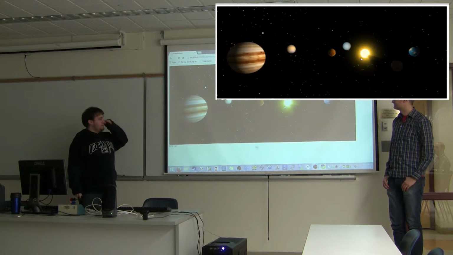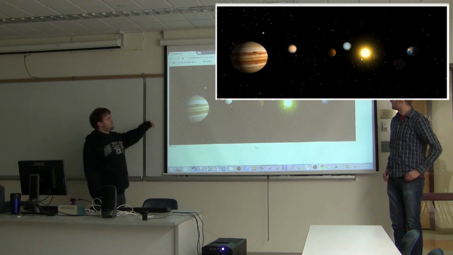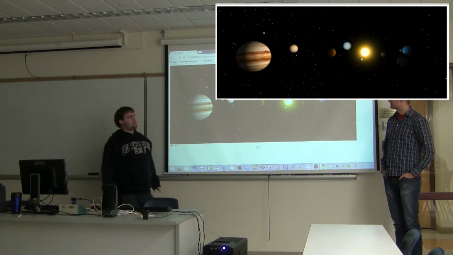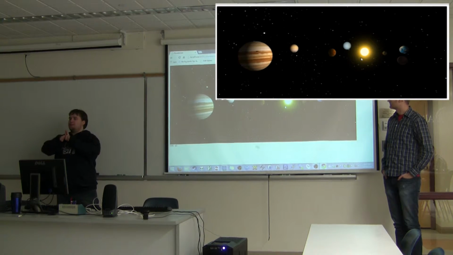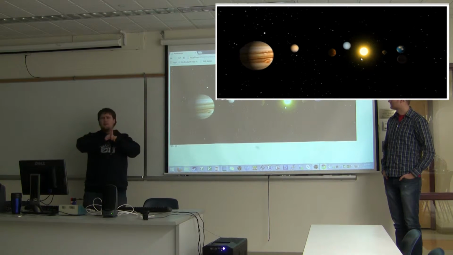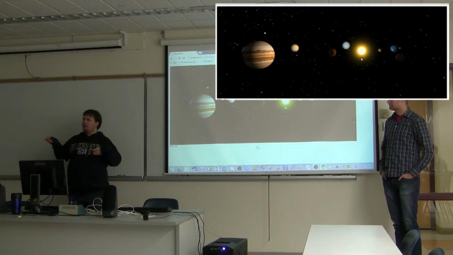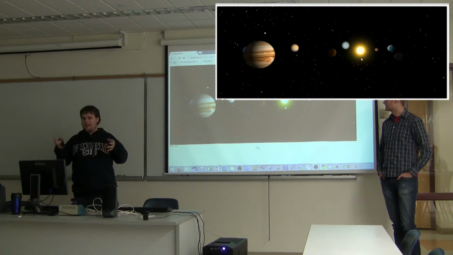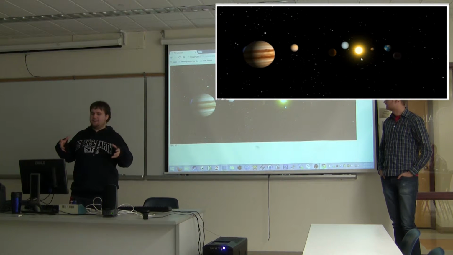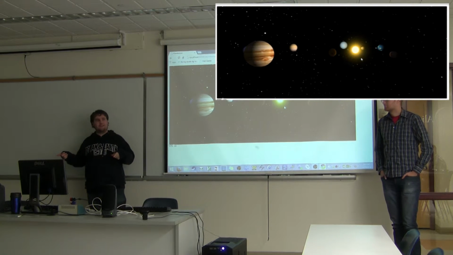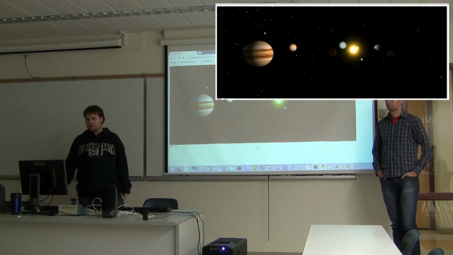Because actually what happens is I stored all of these objects in relative units. All of the distances between planets are stored in, I think they're astronomical units, the distance between the Earth and the Sun, AU, yeah. And all of the diameters of the planets are stored as a multiplier to the diameter of the Sun. So then after that, there's a simple